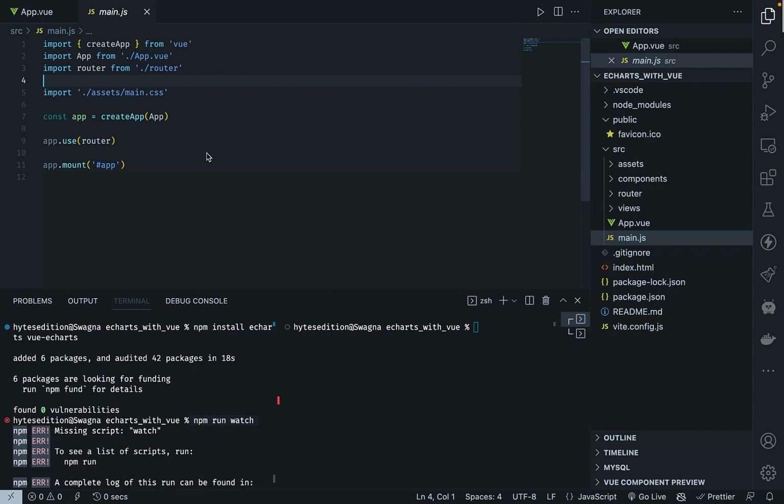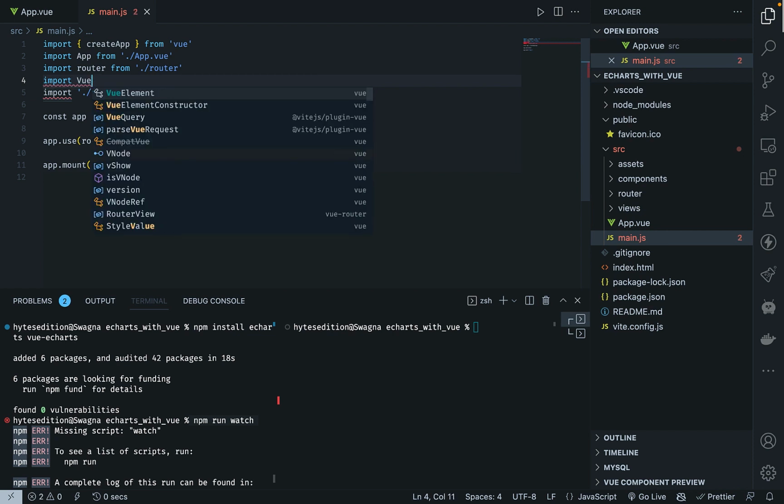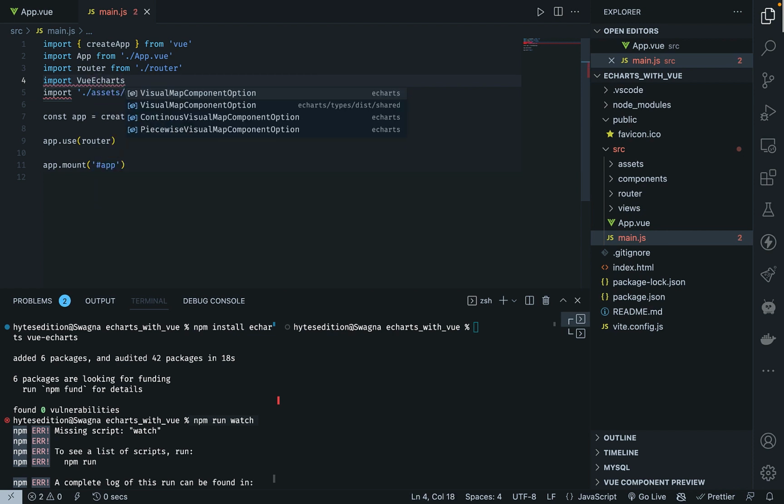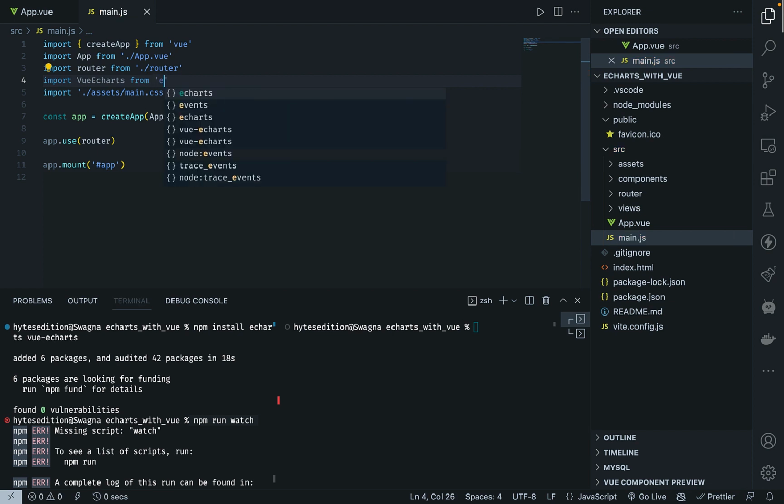Then we say import Vue3 from Echarts, Vue Echarts, something like that,